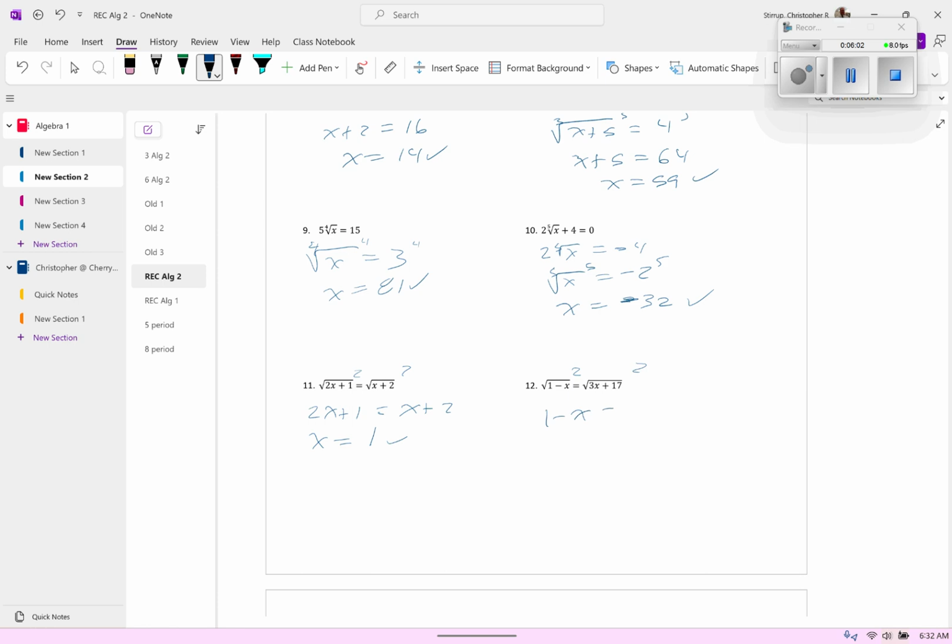Square both sides here. I get 1 minus x is equal to 3x plus 17. Let's add x to both sides and subtract 17. So divide each side by 4. So I'm going to get -4 is equal to x. Does this work? So 1 minus -4 is 5. Square root of 5 over here. And that's going to give me,